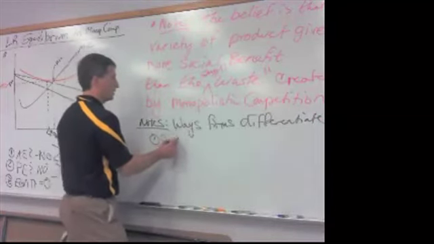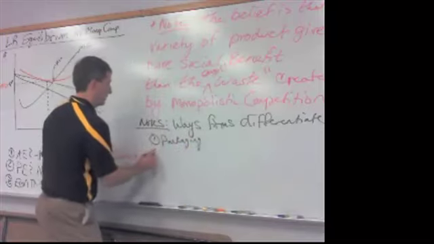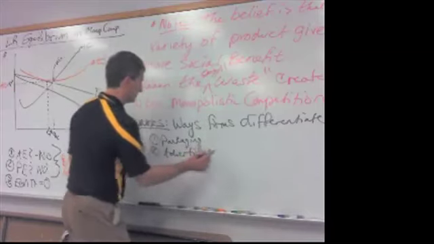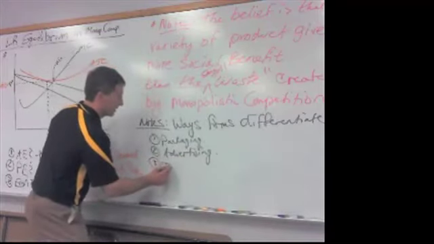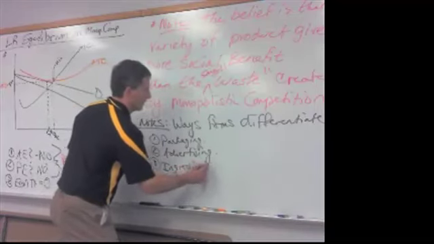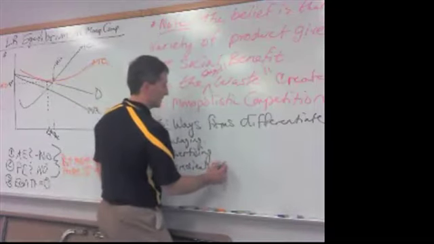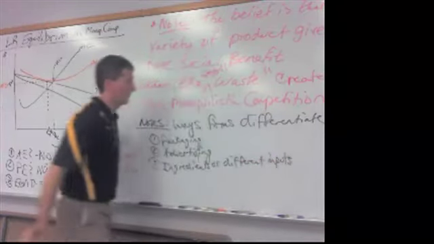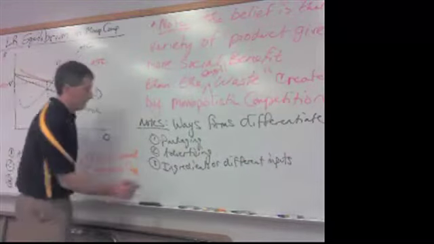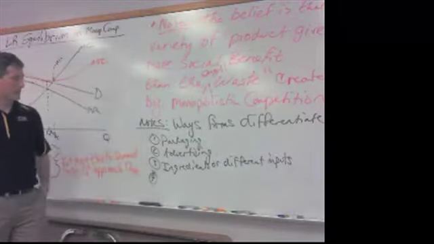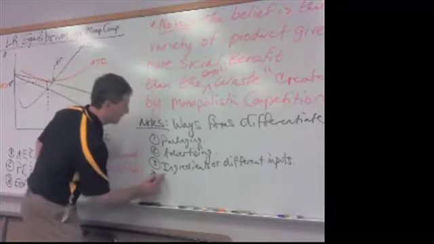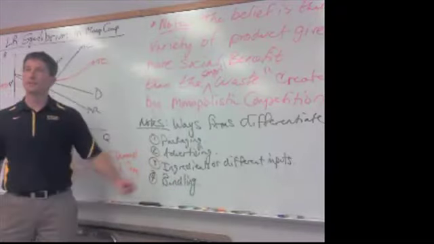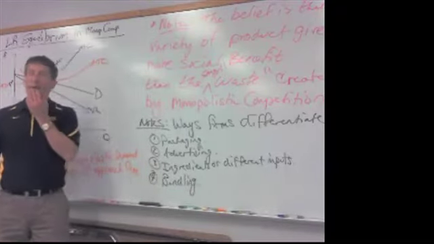So we talked about packaging, advertising, possibly ingredients or different inputs. A lot of times this also comes into bundling of goods. We don't spend as much time on bundling. So what I mean by bundling is